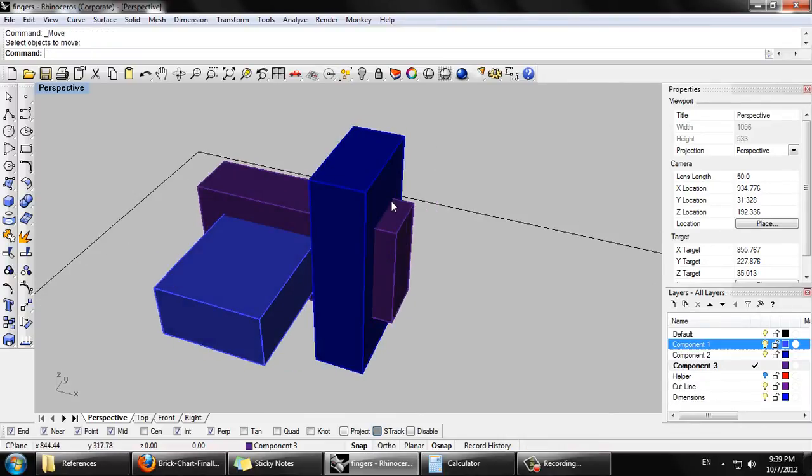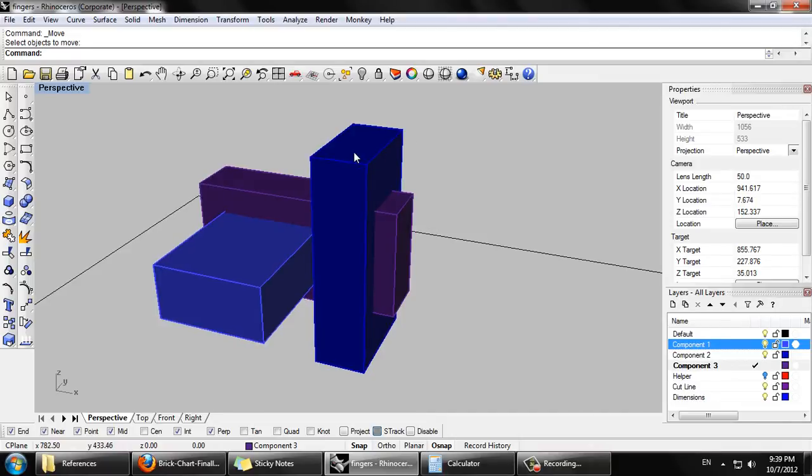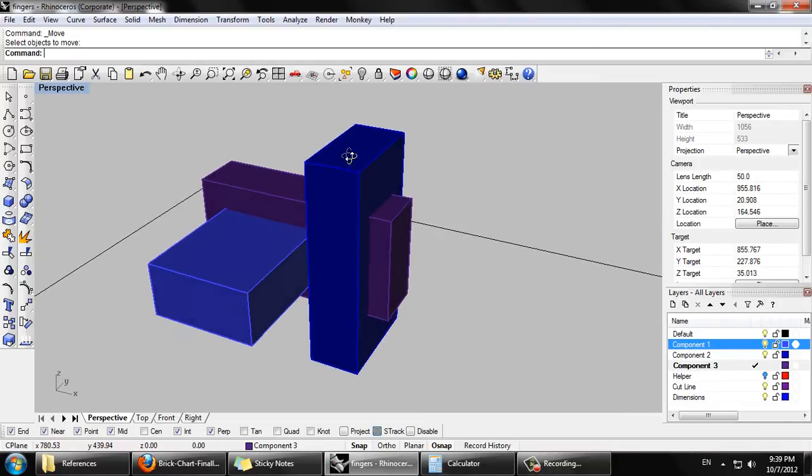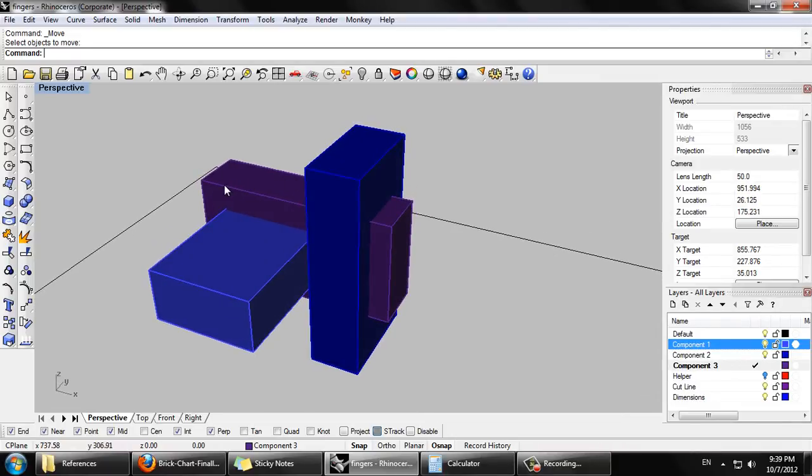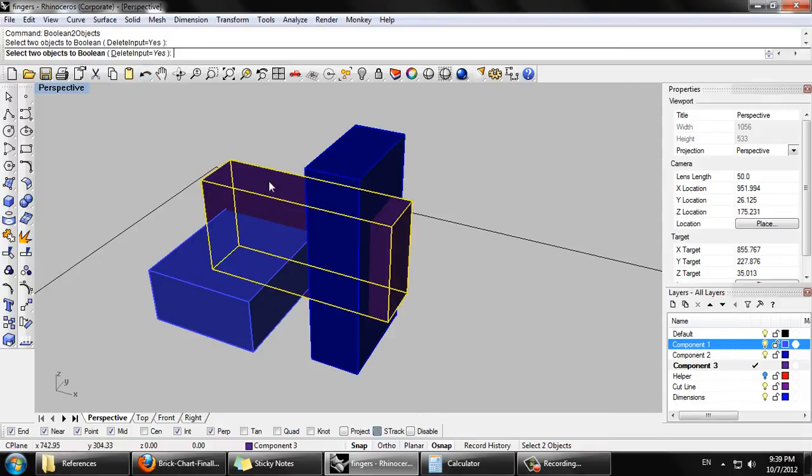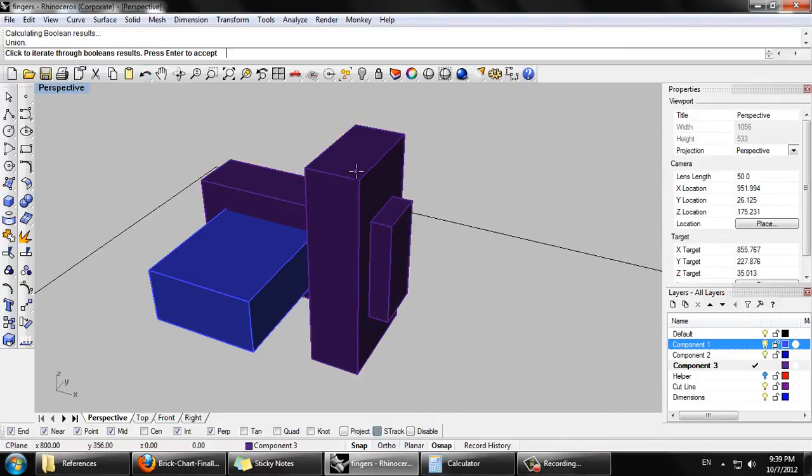The first thing we need to do is Boolean. And there's a couple different ways we can Boolean with Rhino. It's basically a geometrical process of removing one geometry from another geometry. If we just type Boolean two objects, you'll see Rhino will ask us to select two objects to Boolean. And so if we select both,